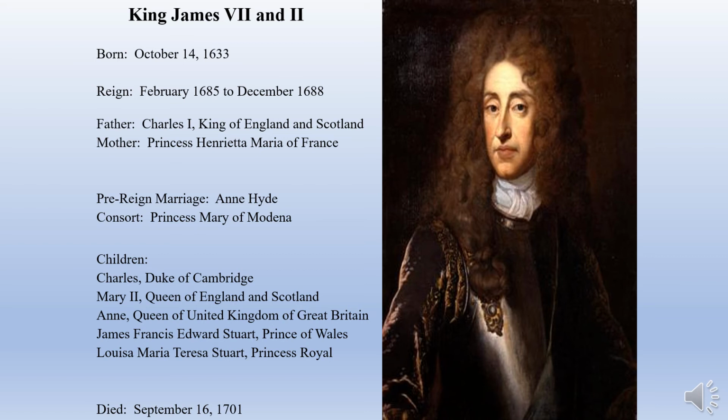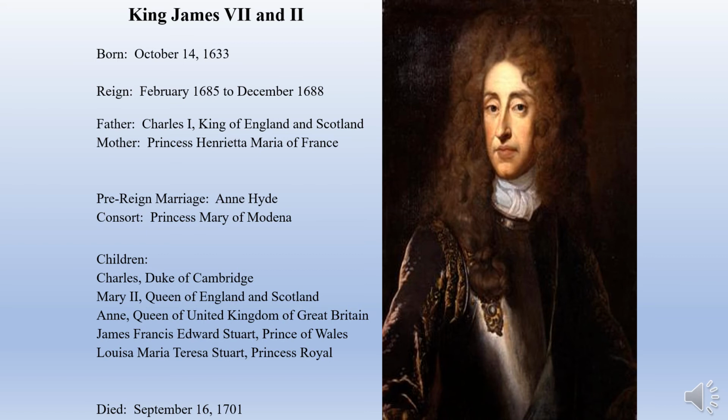He was the wrong religion. He was Catholic, and he believed in a more absolutist style of government like his father and grandfather before him. James, while still the Duke of York, will convert to Catholicism in 1669. Most English subjects believed that this middle-aged heir would be gone soon, and his next in line for the throne